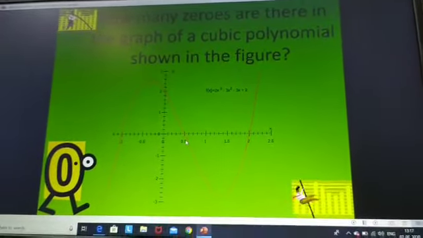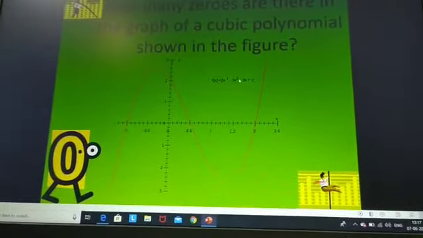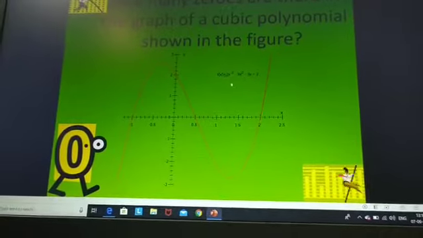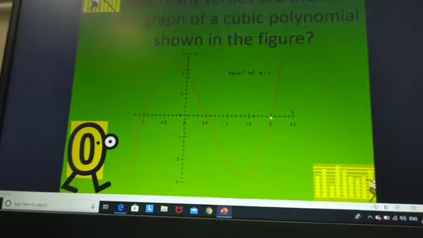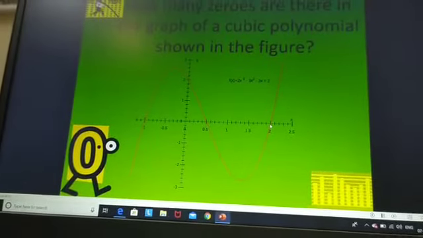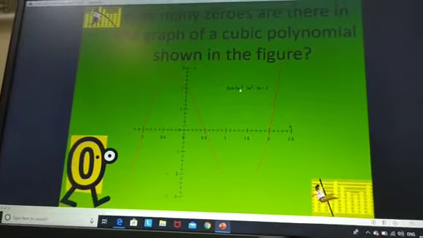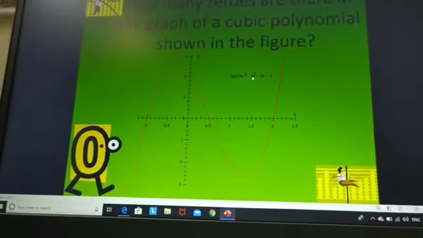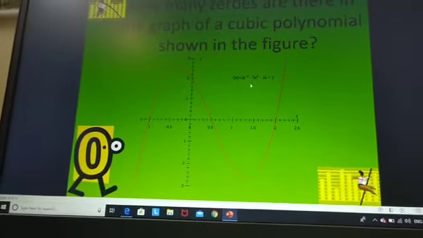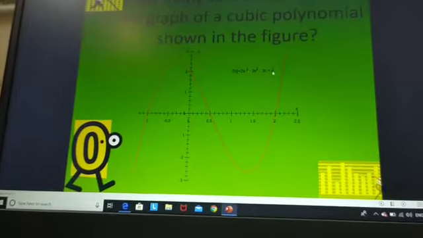0.5 is nothing but half. So if you substitute x as half here, definitely you can see that the entire expression is going to be 0. Now coming back again here, you have another zero here, 2 comma 0 is a coordinate. You just substitute 2 here for x. So what is x cube? It is going to be 8. 8 into 2, 16. 16 minus 3 into 4, 12. That is going to be 4. 4 minus 6 is minus 2. Minus 2 plus 2 will give you 0.